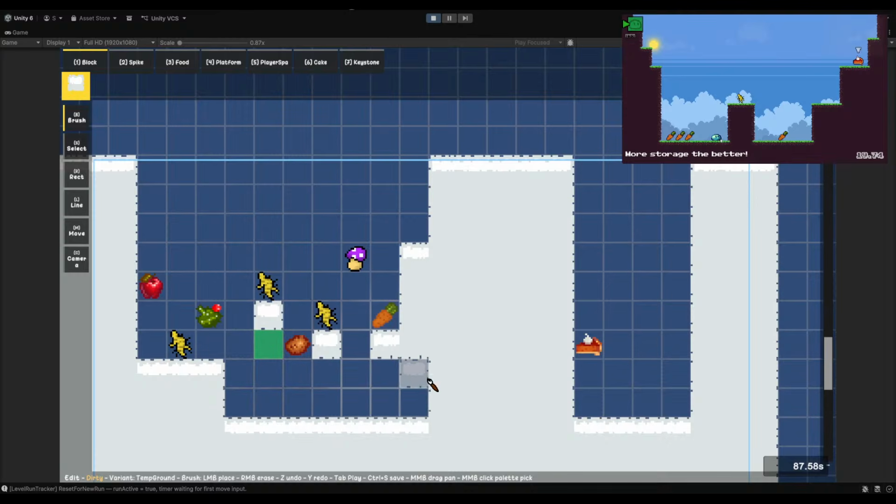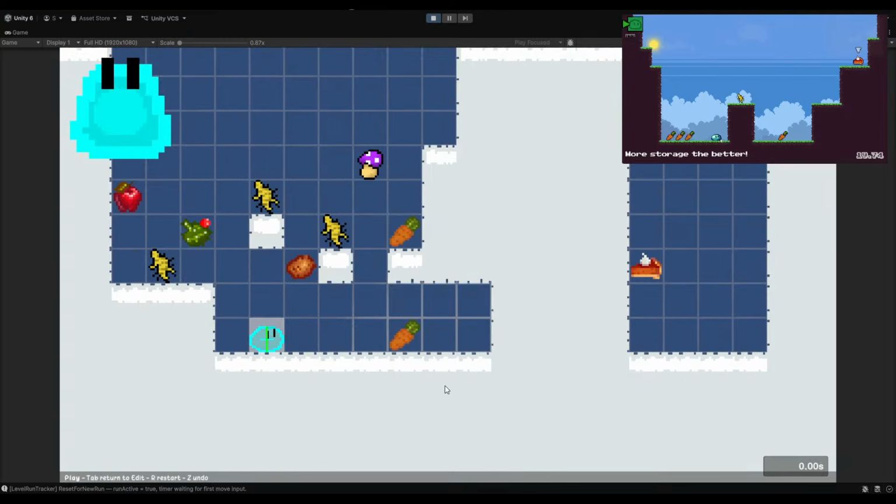Because I'll go by the cases of how I thought about this. So case one, if I pick up a food while I'm walking on the ground, where should I get undone, right? If I press undo, the food comes back there and I should be around here. But if I'm on here, there's going to be a bug where I just pick up the food immediately again, right? Because that's how the game works. If you're standing on food, you get the food again. So what I do is I put the player one position back instead. Cool, that works, right?